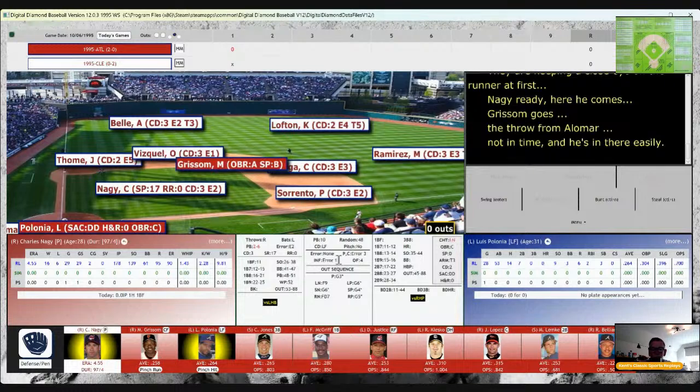Luis Polonia steps to the plate. Again, this is Polonia's first action in the series. Polonia on the season batted .264. Does not have any pop to his bat, no home runs. But he only had 53 plate appearances, so rarely used. But since we have a right-handed pitcher, we want a left-handed hitting player, using Klesko as a DH. Polonia better in the field, better defensive player, so he'll play left field.